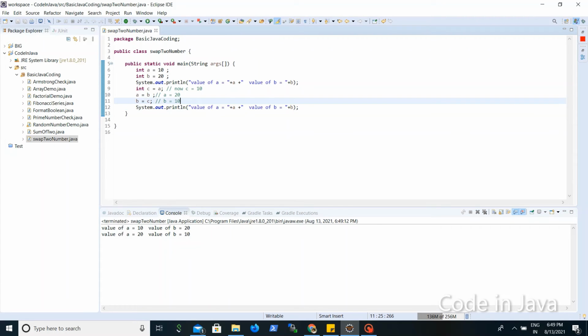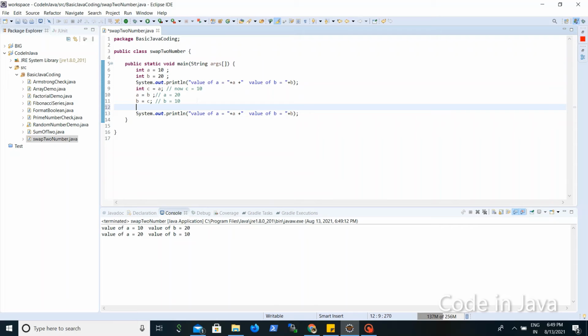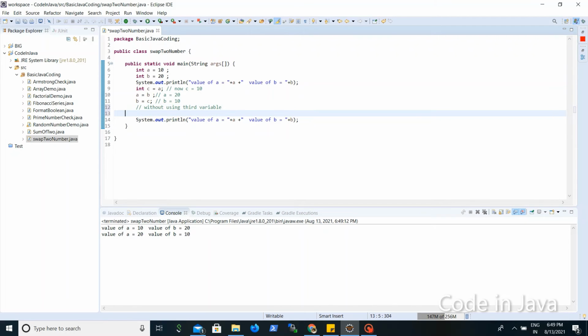Now we will discuss the other solution. Suppose the interviewer asks you to swap without the third variable. Here we used a third variable c, but without using a third variable you have to swap. So here is the trick.